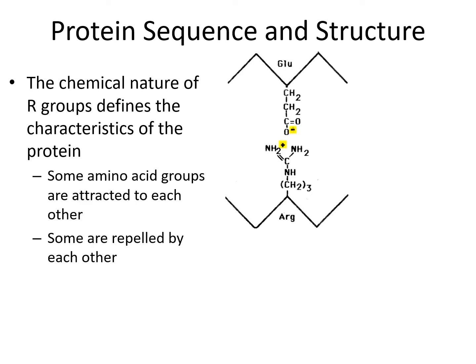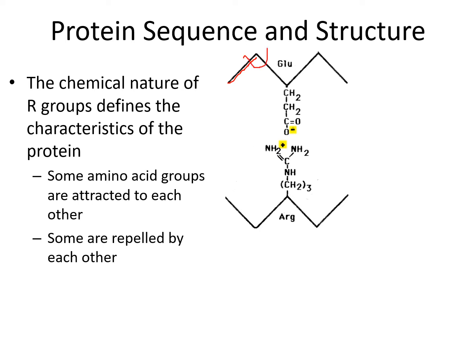So for example, some R groups are charged, right? A positive charge, a negative charge. And so in this big long chain of amino acids, we can see that the chain actually folds on itself, positives attracted to negatives. And so what this image over here is showing you is